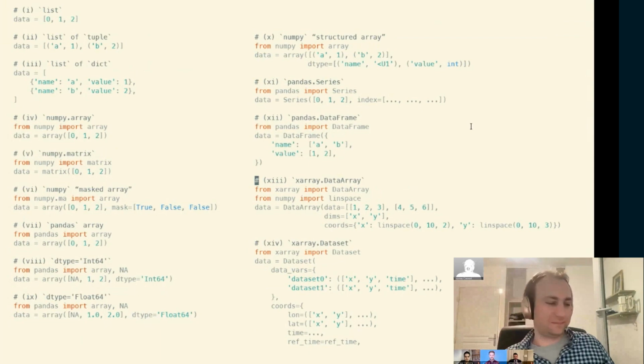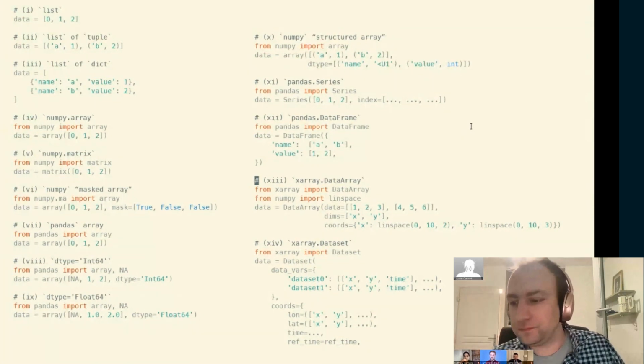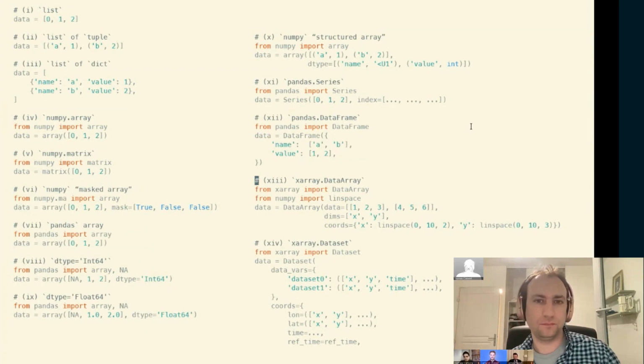So I was saying the list is good because you can literally put anything in it. You can work on it in Python. The NumPy array is great because if you have numeric data, NumPy arrays are really a wrapper around a C array, so you can get very efficient math. You can pass that off to any C or Fortran or C++ underlying library to do fast math. But the array still doesn't know its name. It doesn't know anything about its indices. It doesn't know that you shouldn't be able to add the latitude and the longitude.